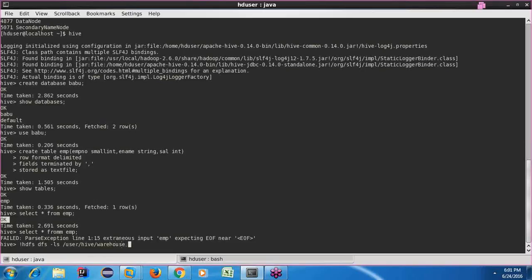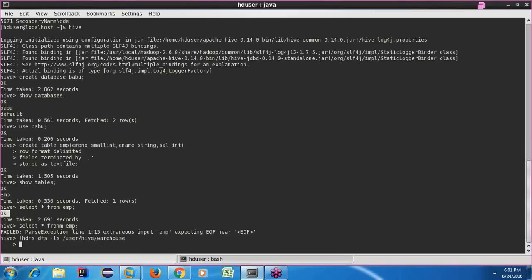At the end of the day, each and every query in Hive should be terminated with your semicolon. If by chance you miss that semicolon, it will still be waiting for something else. Let me give some junk values. Let's say I forgot to give semicolon. I'm saying enter. See, it is still prompting for the next command. It is thinking that you are going to give something more.